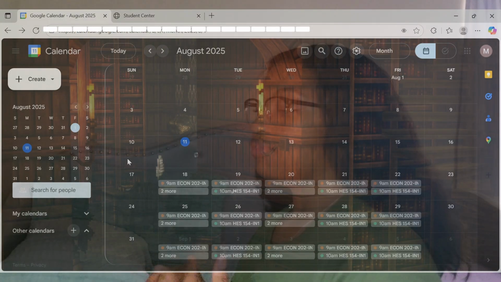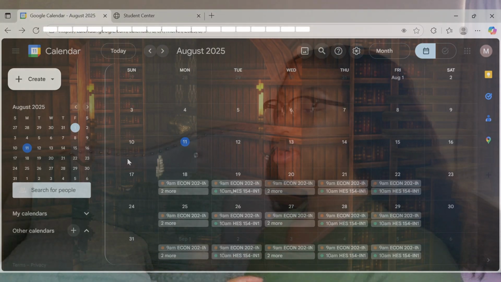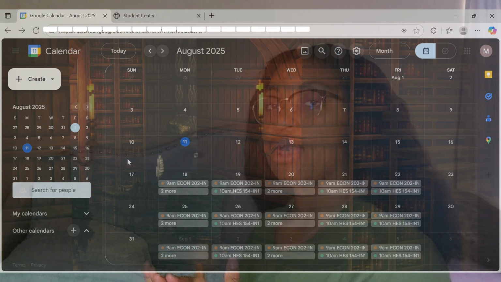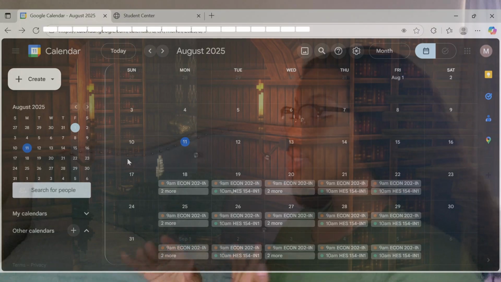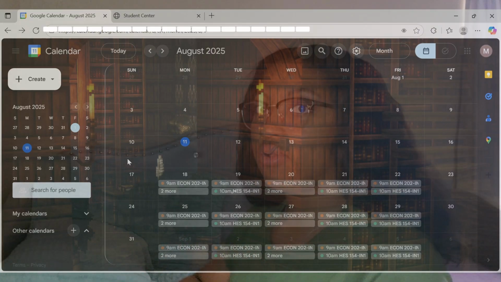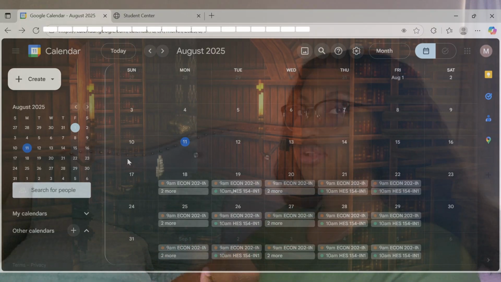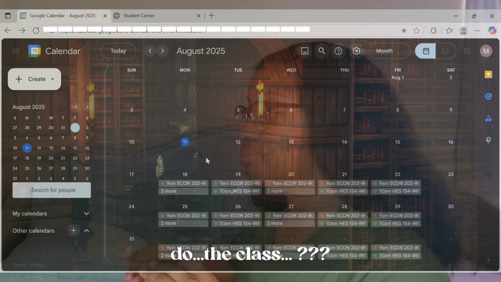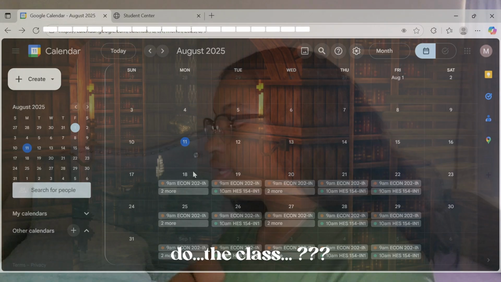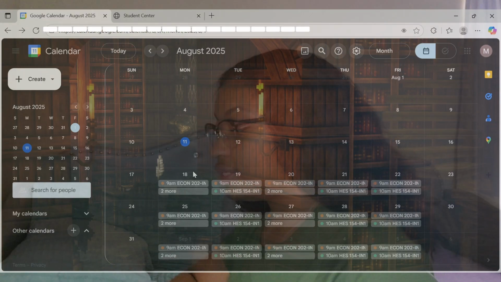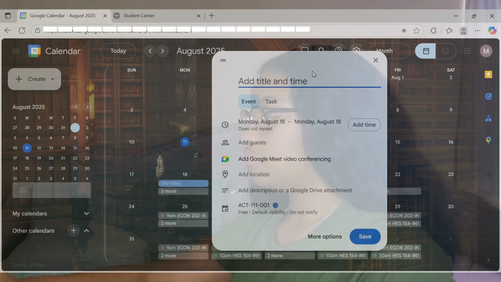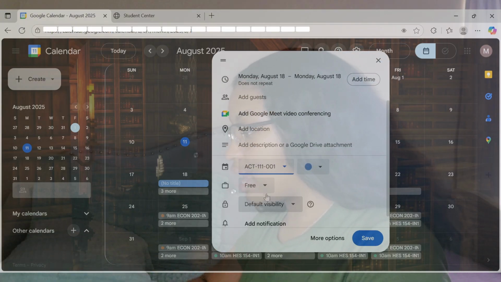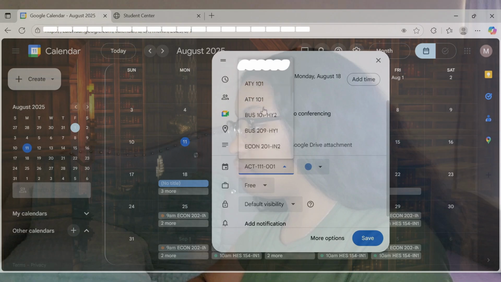So as you can see from my computer screen, I'm out of the calendar creation settings and I'm back on the Google homepage. So I've already done all of my other classes and you can probably see them on the screen, but I'm going to show you how I do the class. So I'm going to click on the first day of the class, which is the 18th for me. And then I'm going to select which calendar this should actually be for,